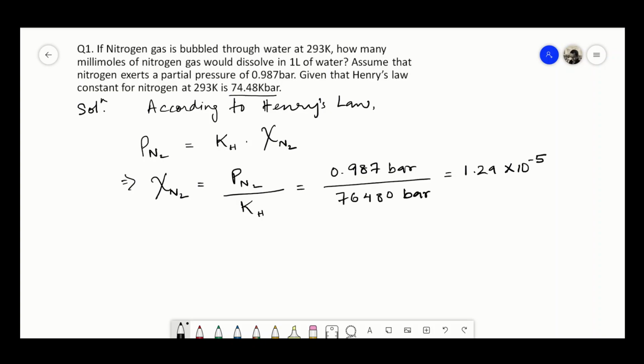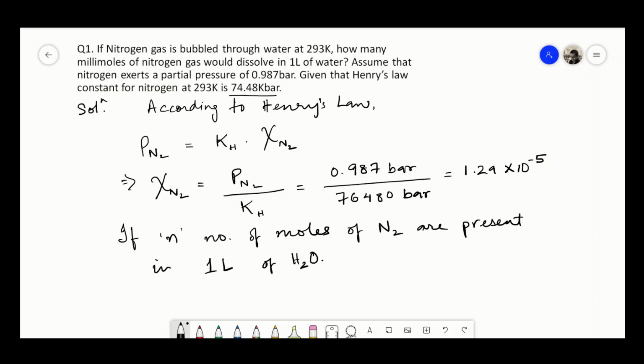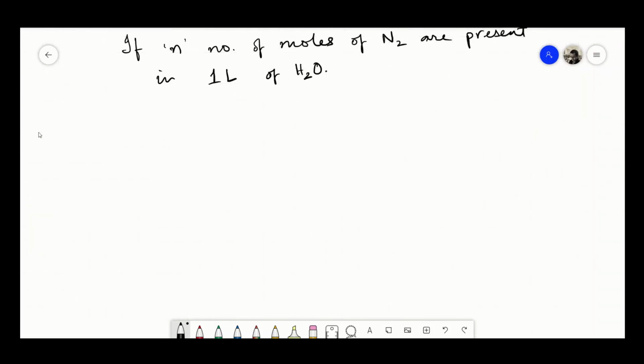Now, coming to the second part of the question, we have to calculate the millimoles of nitrogen gas that would dissolve in 1 liter of water. So quite simply, we have to calculate the number of moles of nitrogen that is present in 1 liter of water. Here we can write the relation for the mole fraction of nitrogen as the number of moles of nitrogen divided by the total number of moles in the solution, that is the number of moles of nitrogen plus the number of